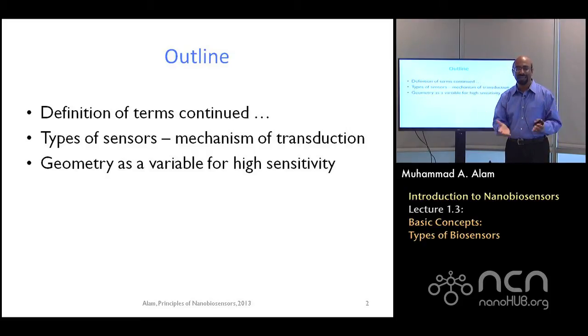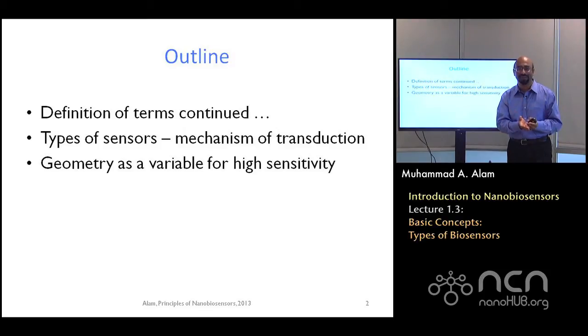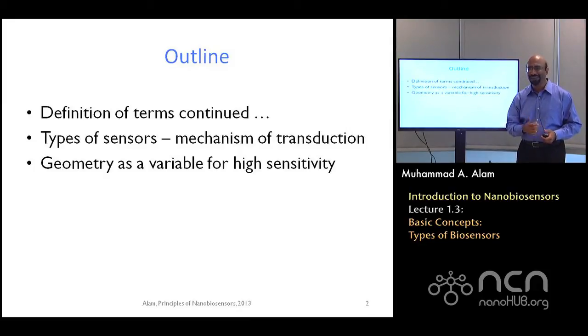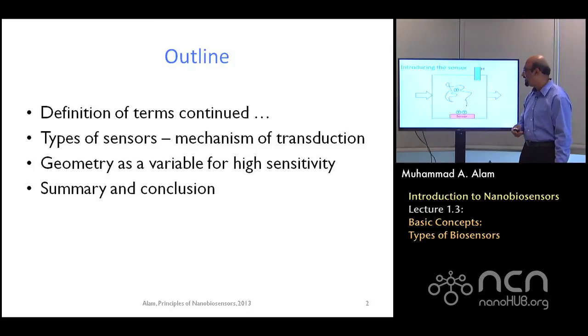When you have a large area, then the surface is essentially a small part of the total volume. Lots of molecules are inside. But as you make things smaller and smaller, the surface reduces, the volume reduces, but the volume reduces faster. So most of the molecules can stay on the surface. So geometry being an important indicator of biosensors will not be a surprise. But the surprise will be that it is not the surface to volume ratio that's important. I will explain. And then I'll summarize and conclude, and we'll get started in the next set of lectures.